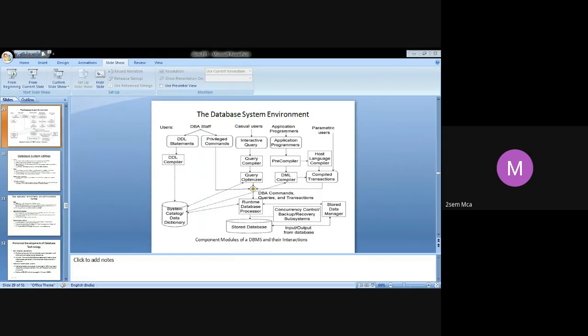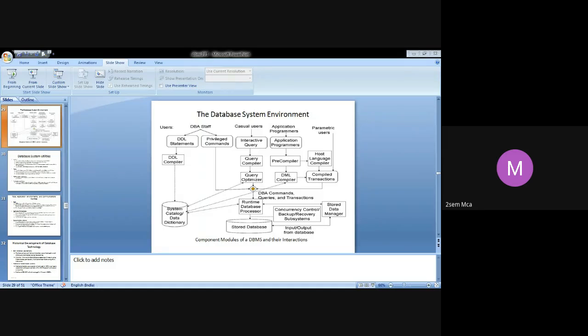This application program is going to have some high-level language program statements like C statements. It will also have some queries, that means in the form of a DML statement, insert statement. It may have some update statement, things like that. Now, these two different types of statements cannot be compiled by the same compiler, right? So you have a C compiler separately, which is going to compile your C statements.